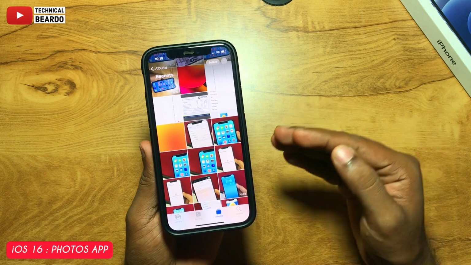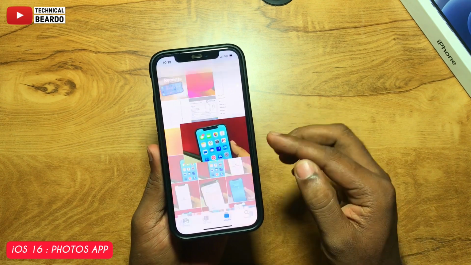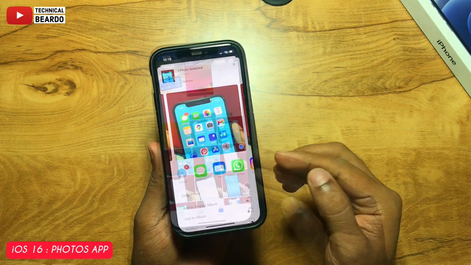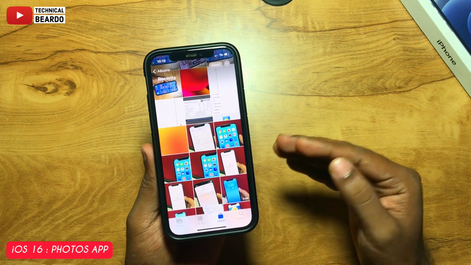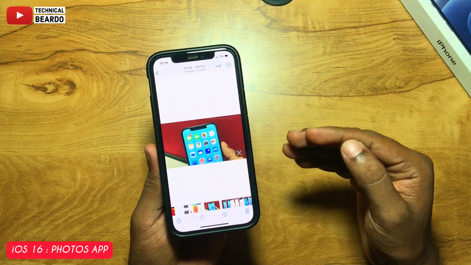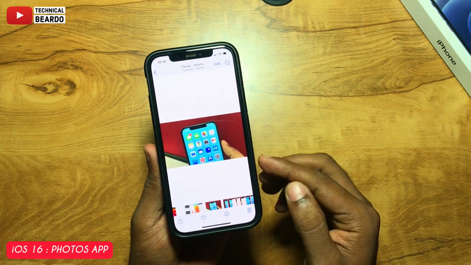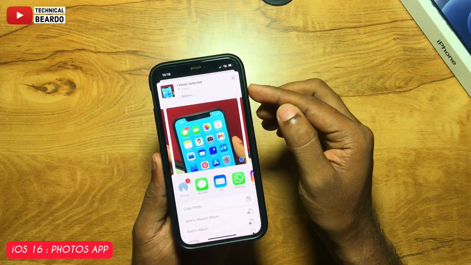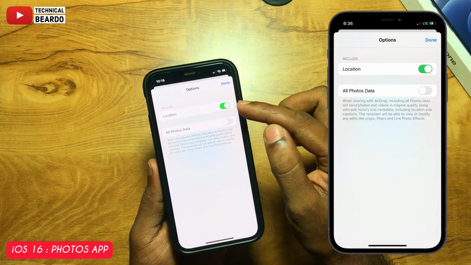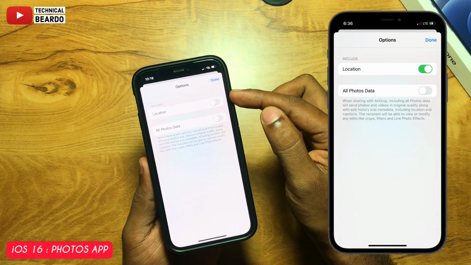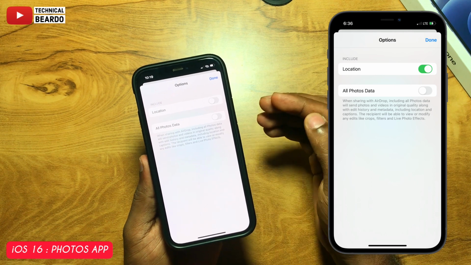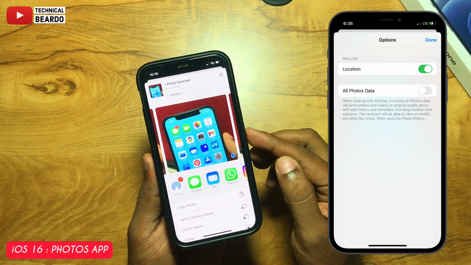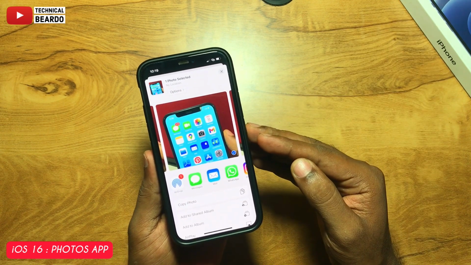Every photo we click on any device has data, right? Your time, location, pixels, etc. Whenever we share photos, the data is also shared with the photo. So now there is an option to hide the data while sharing photos on your iPhone. Whenever you share a photo, just tap on share, and there is a new button called Options. Once you tap on that, you get an option to allow the photo data to be shared or not. You can disable that. Once you disable it, no data about your photo will be shared with the users. This new feature is really cool and it will help your privacy as well.